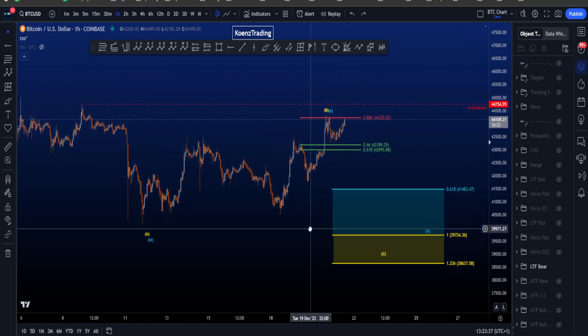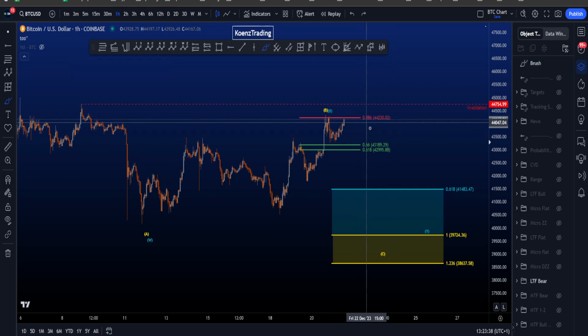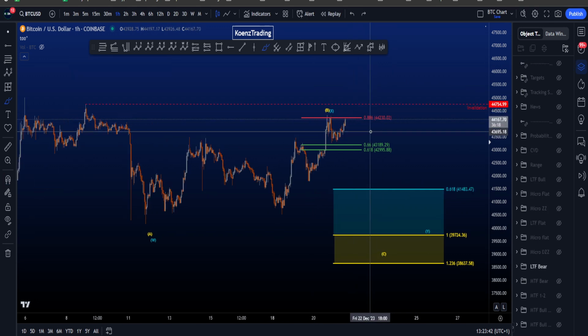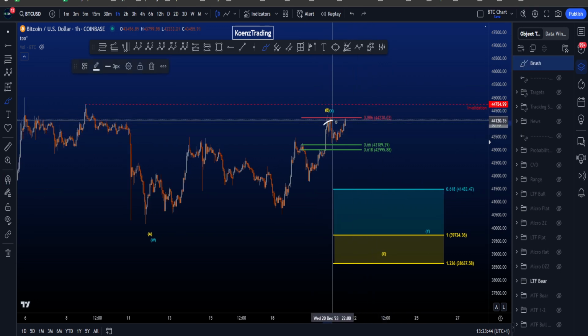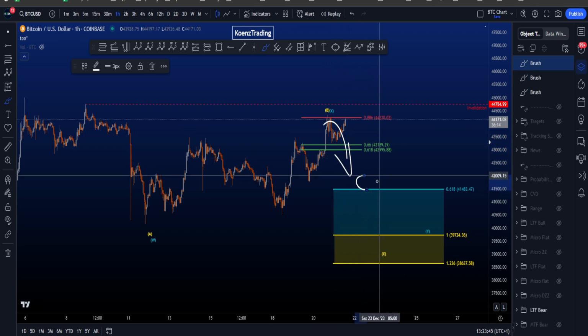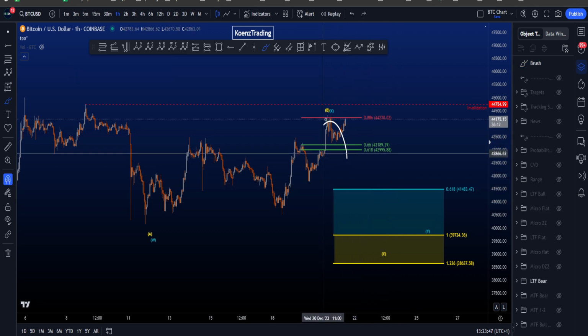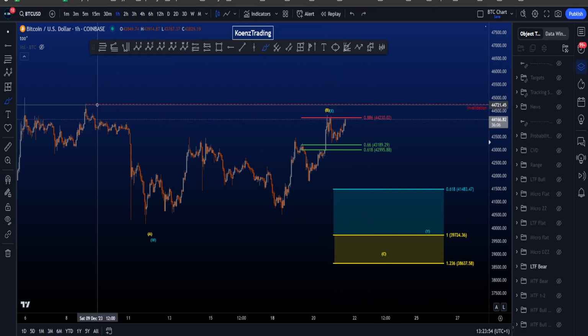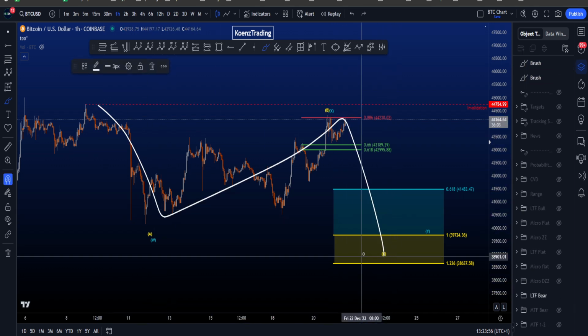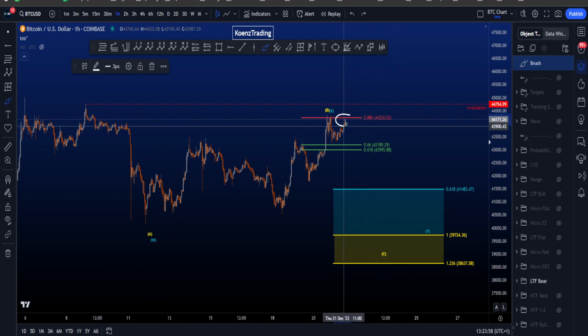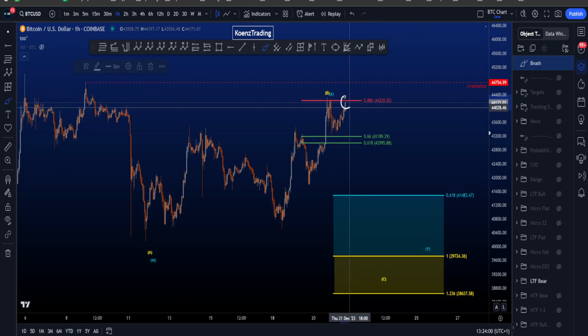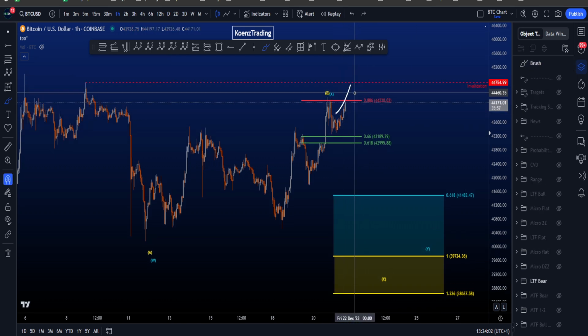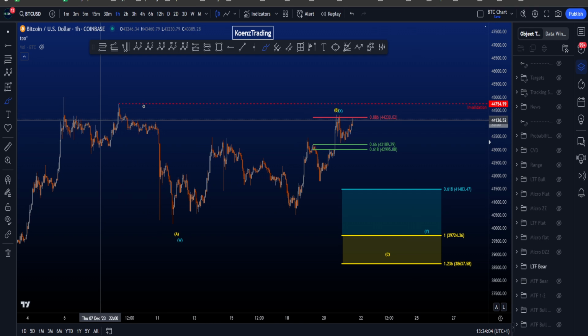And what you do see is that we have touched the 886, which increases probabilities for price to continue towards the upside, and also increases probabilities that any move down is a C or a Y and not a wave 3, because commonly an 886 touch is a higher probability for a wave B or an X and rare for a wave 2, and then a potential 1, 2, 3 to the downside. If price hits the 886 for a second time, it increases probabilities for continuation, which of course lowers the probabilities